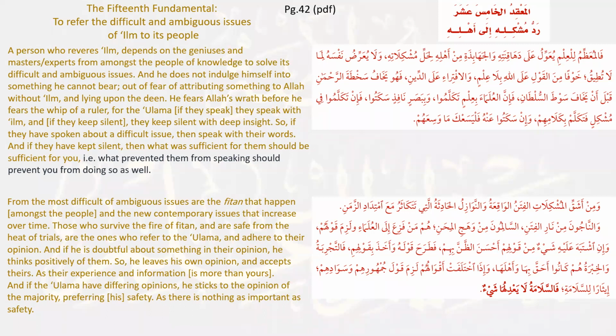This is as far as the jarh and ta'deel is concerned. It totally relies upon masalih and mafasid, interests, benefits and harms. You have to weigh them, and then you decide whether this alim should be brought down or not, or whether we should only be busy in rectifying his mistakes and correcting them. Because whenever you deal with the mistake of an alim or a da'i or whoever,